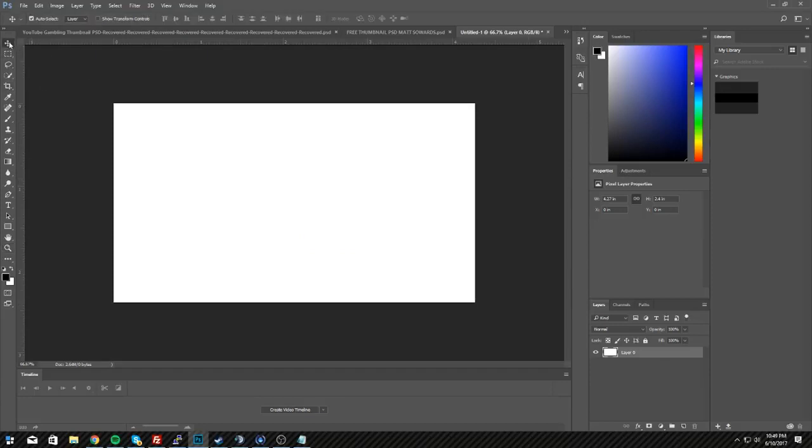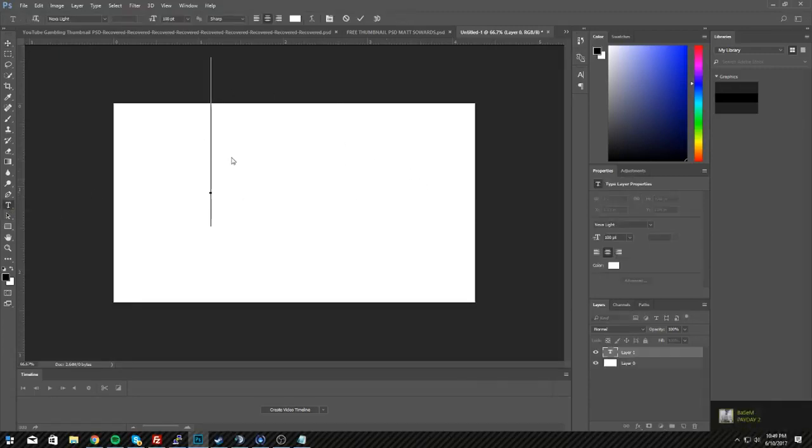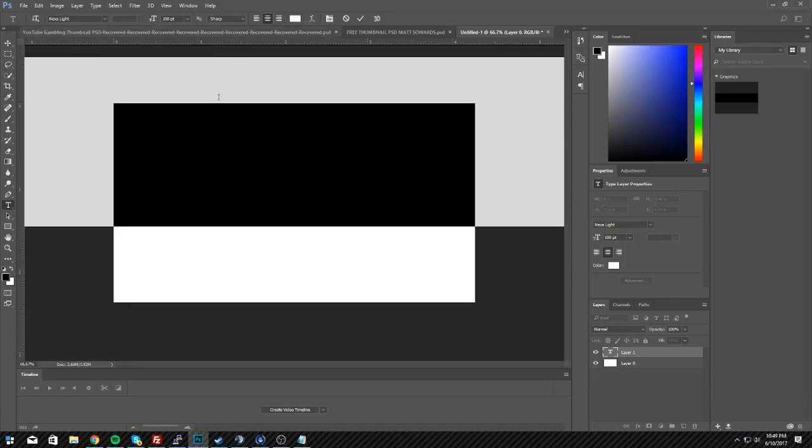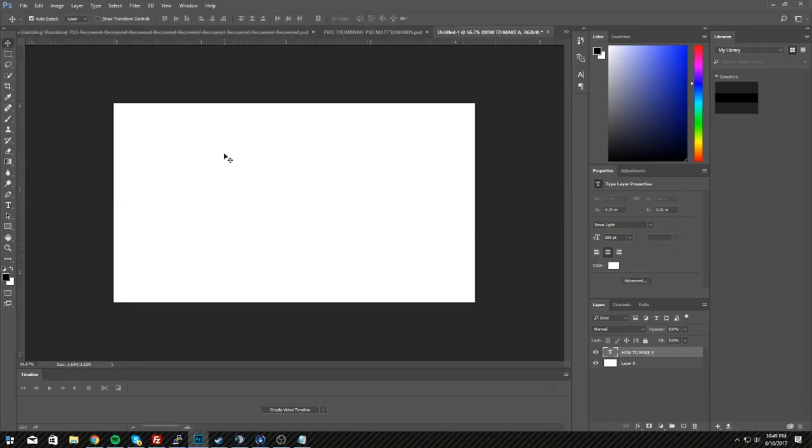Then you want to go up here. I always go to this, I forget what this tool is called, the move tool, to basically restart or set back to what I want. You want to go to the big T over here on the left side where your tools are. It's called the horizontal type tool, and this is basically the text tool. So as you can see, I'm just going to call this "How to make a",